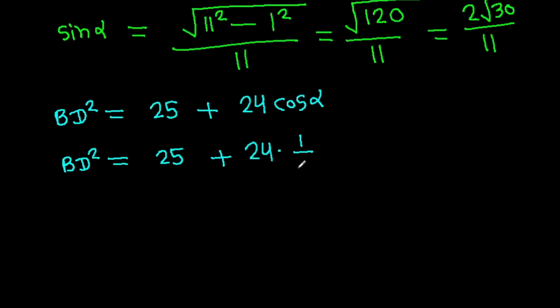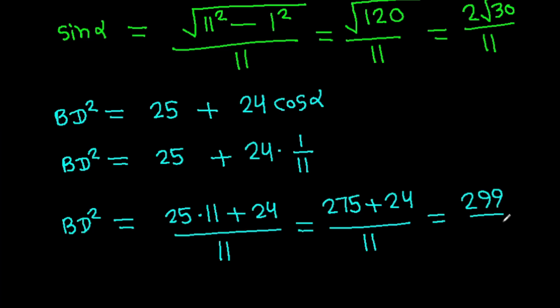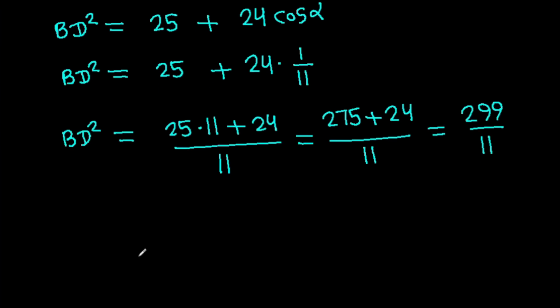BD square is 25 times 11 plus 24 over 11, and it is 275 plus 24 over 11, that will be 299 over 11. So BD